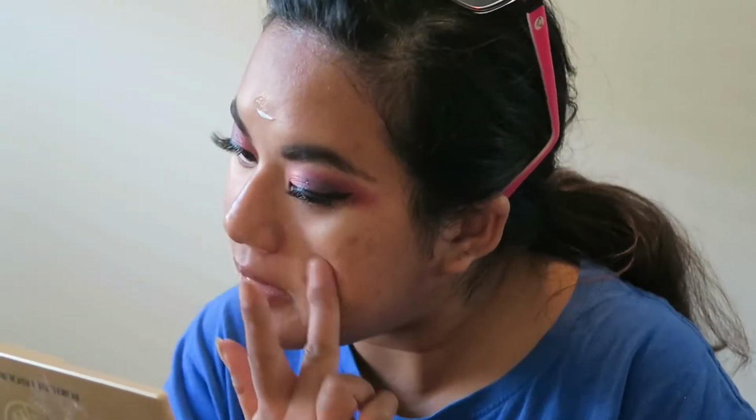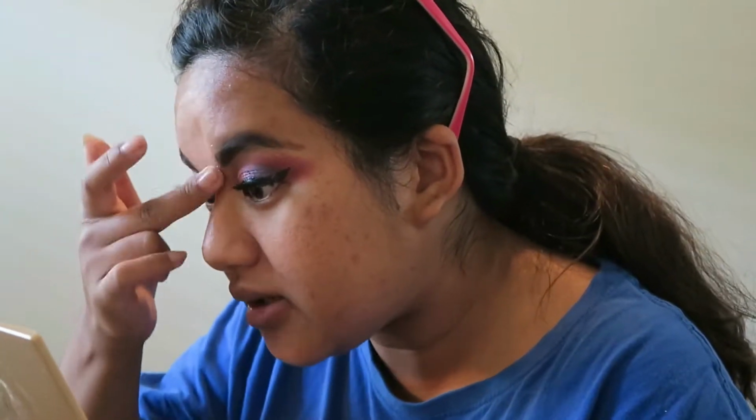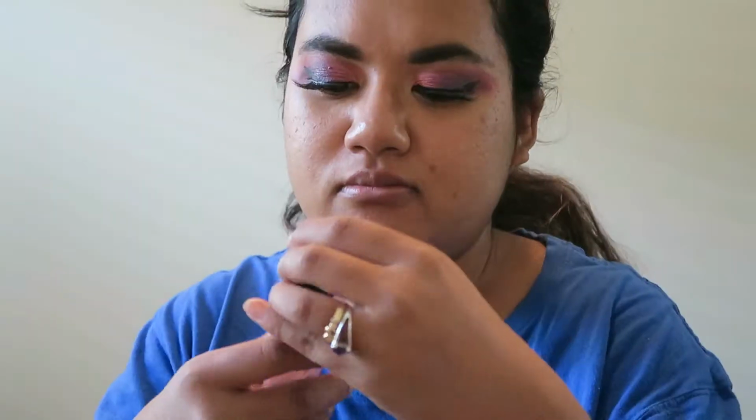And this really applies very light. It comes out a little bit gluggy, but compared to the primer that I use, the Ox hydration primer, this one is not as gluggy. It does smell like that Ox primer. It smells the same, but not as strong. Hope that makes sense. So if you ever get that Ox primer, they have a similar smell, and I've just dropped the film for this